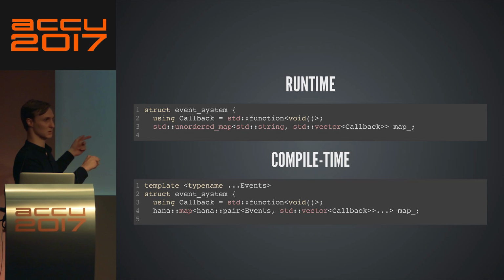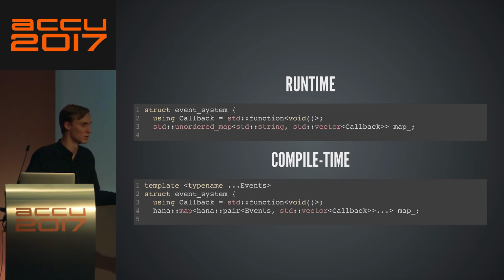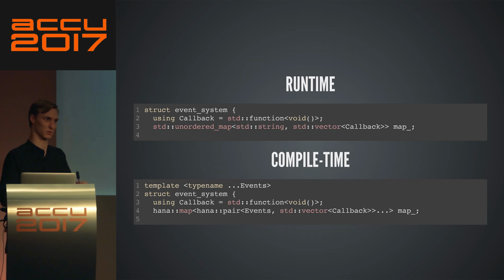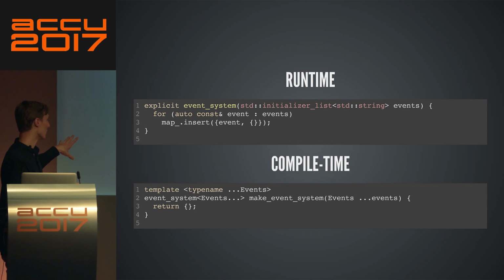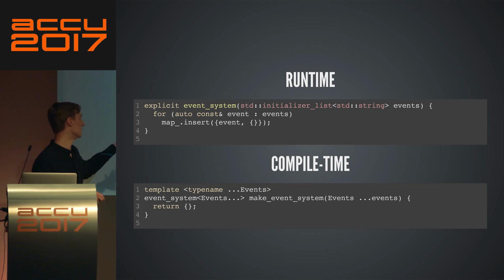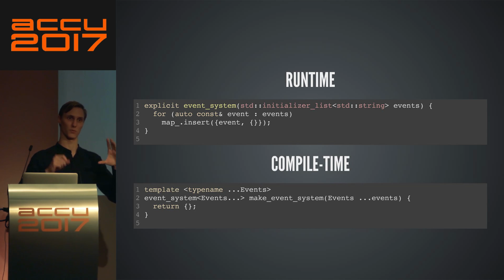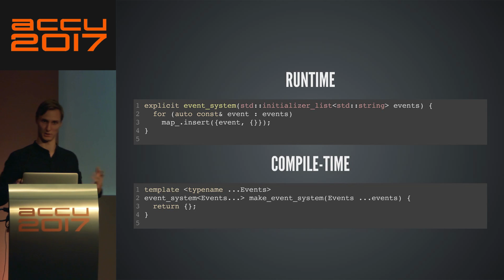Each of these pairs is going to default construct its own compile time string, which is an empty thing, and its own std vector of callbacks. A default constructed vector is just an empty vector, which is exactly what we want. So we're basically creating an event system that has a bunch of empty vectors, one for each event that we said we needed.